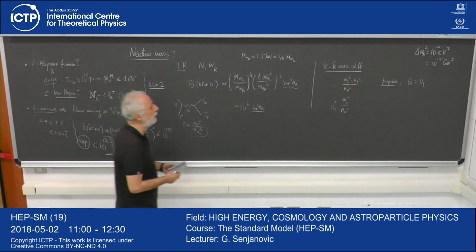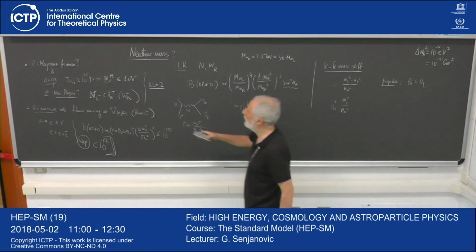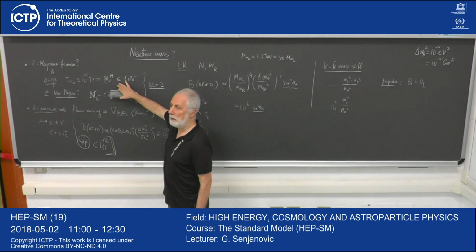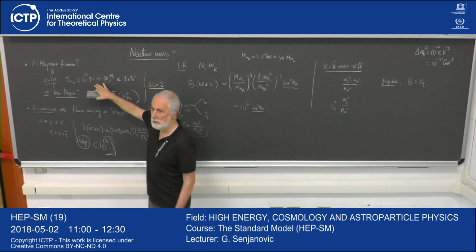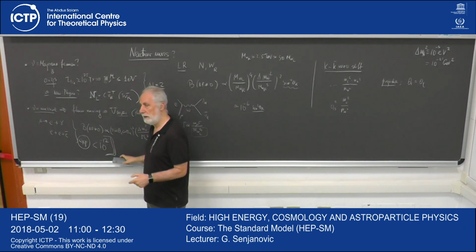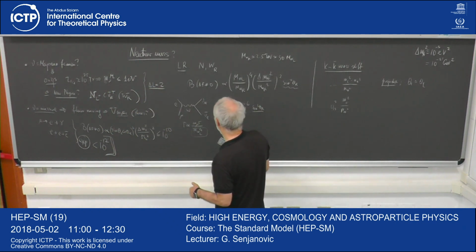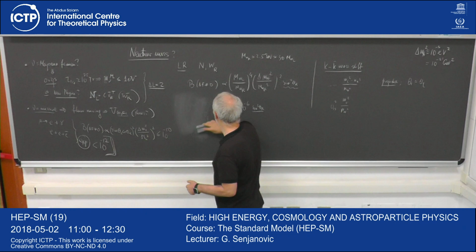So flavor violation is very useful. Lepton number violation here could come from neutrino mass. But then we said, of course, neutrino mass is so tiny that if I see lepton number violation at colliders, this is new physics, for sure. So when people look for it, remember that we said the analogy of neutrino is double beta decay.